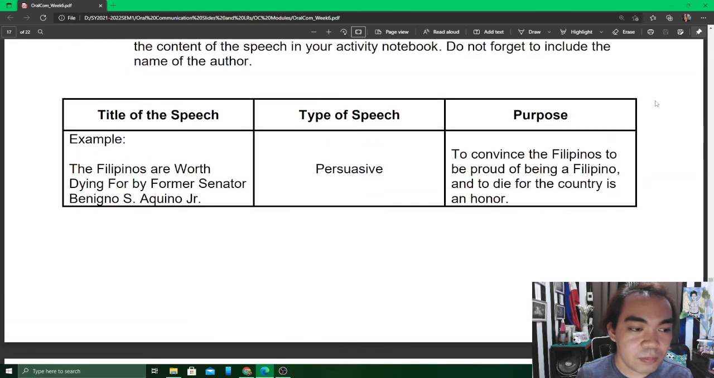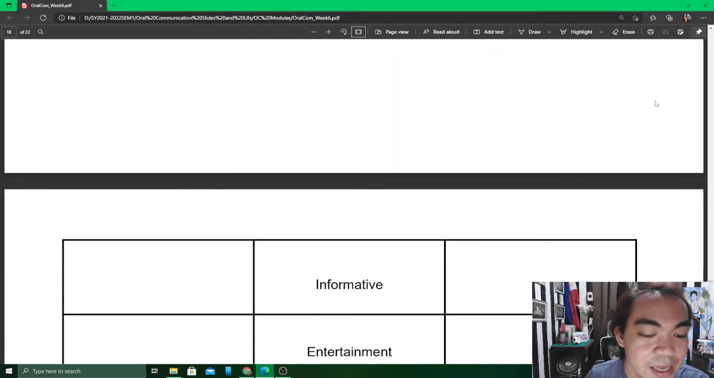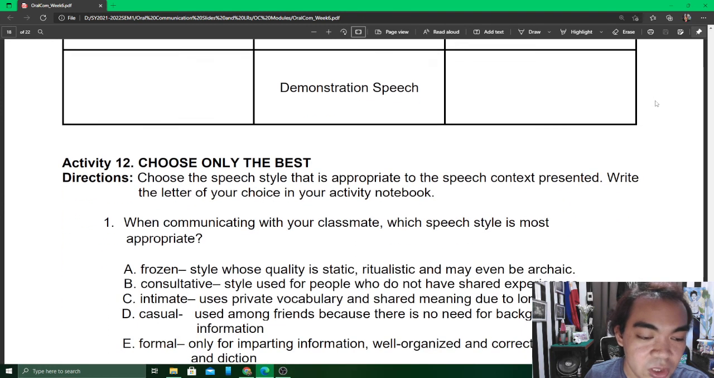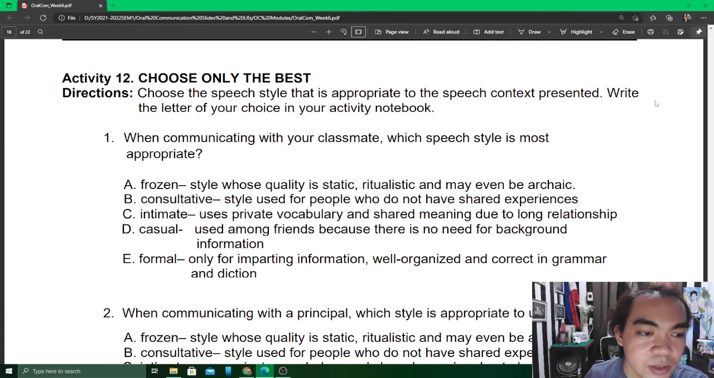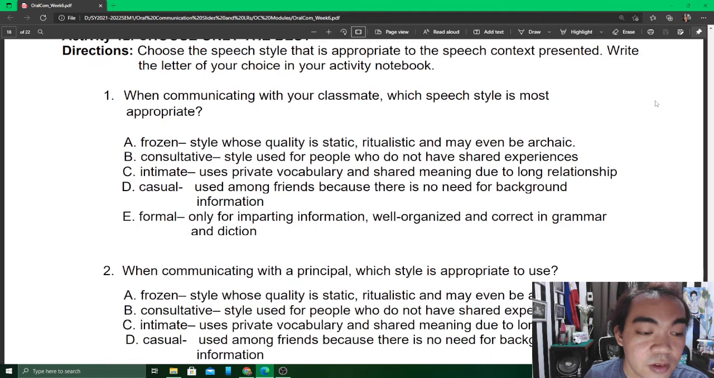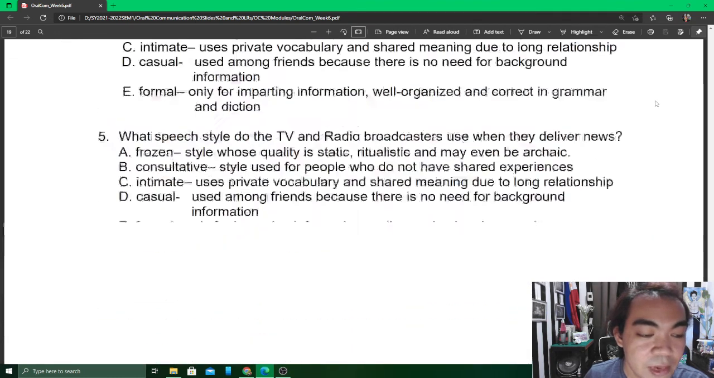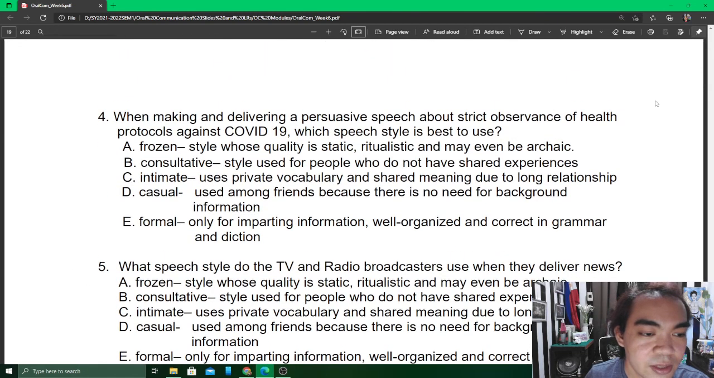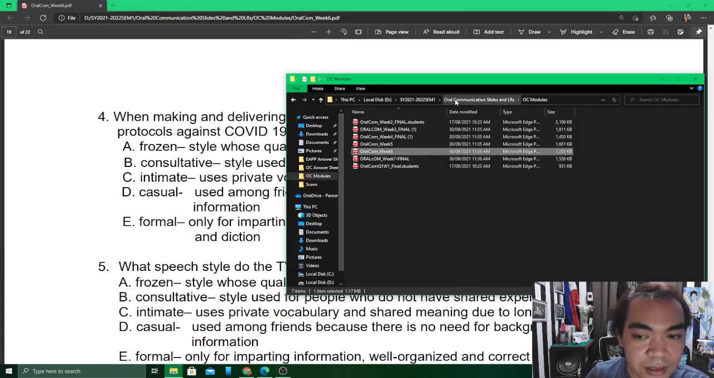So we have here an example. The title of the speech is The Filipinos Overtime 4 by Benigno Aquino. Then we have the persuasive type of speech and the purpose for which the author has written the speech. So ilan nyo lang ni ang informative, entertainment, or demonstration speech. Sa activity number 12, choose the speech style that is appropriate to the speech context presented. Write the letter of your choice. Malaba-laba ang mga activities dire sa aton nga week number 6, no? But if we look into our answer sheet, ladies and gentlemen,